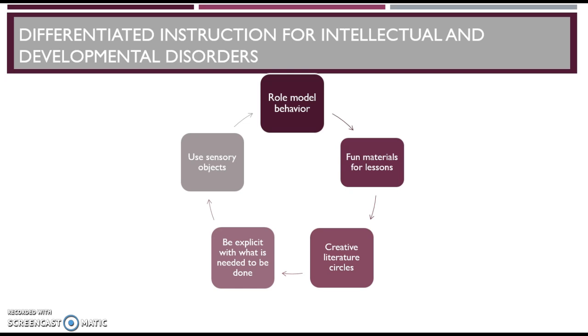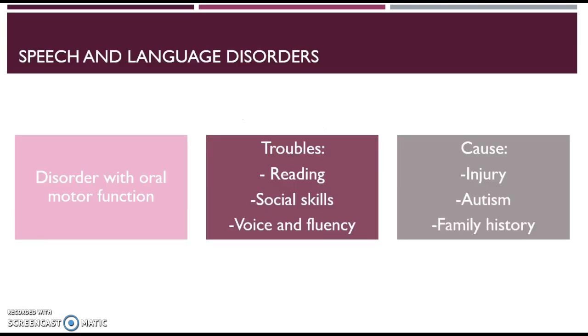Use sensory objects for materials. So again, like I said, centers and interactive learning would be great, using things that you can touch and feel, and that have different touches, smells, and colors. Then the person can be creative with that. Literature circles would be great too, because it's an interactive way for everybody to learn together. And have the correct materials in the classroom, such as wheelchairs, sound machines, ramps, anything that's needed for the developmental disorders that they might have.